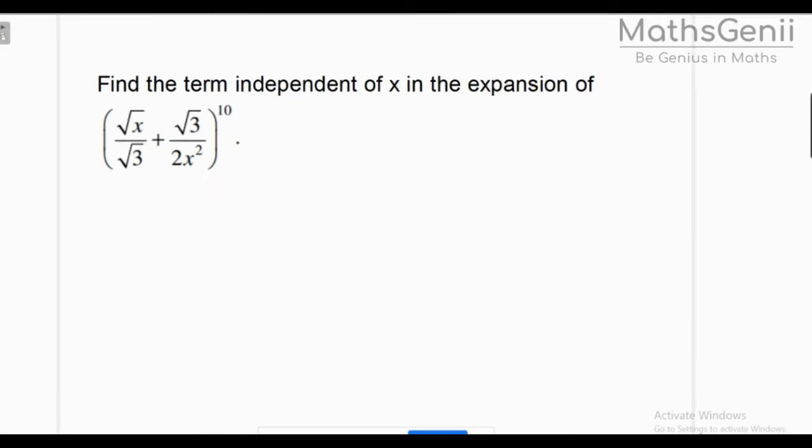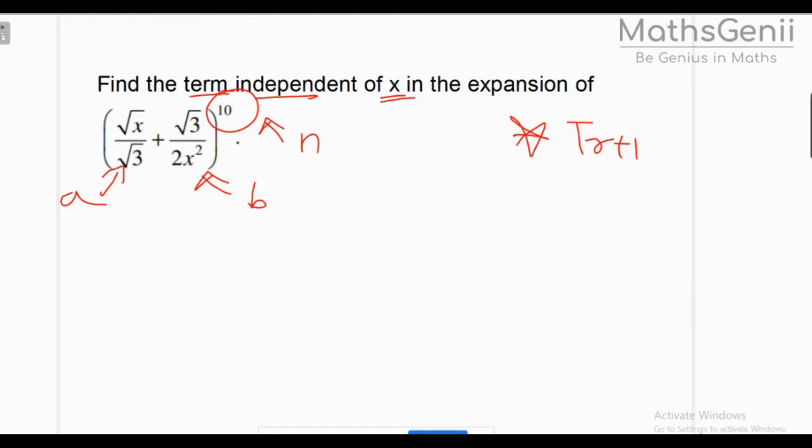Okay, let's take another type of question. So these are types of questions. So each type you will have to solve at least 3 to 4 questions to get idea of the type. So I'm just showing each type, so you get an idea. Term independent of x. So this term should not have x. So let's just first solve normally quickly. Same formula that I'm using everywhere, T(r+1) formula. So I'm using that formula here as well. Your 10 is n. This is your a. This is your b.